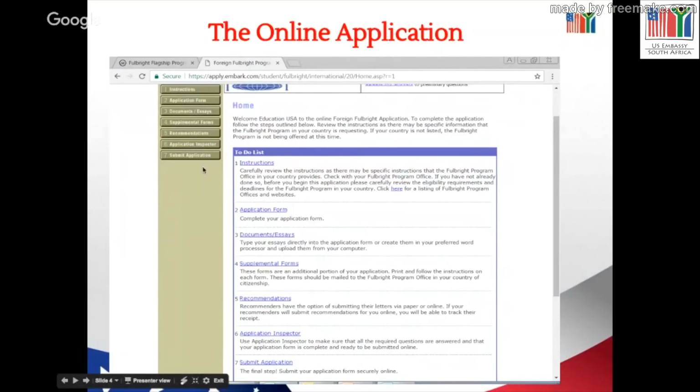Number 5 is recommendations. That is a very, very important site. Every student who applies, whether you apply for the scholarship or you apply for a job, you will need referees. And in this case, for the Fulbright application, you need to submit 3 recommendation letters from 3 different referees. The important point here at number 5 is, because it's an online system, your references need to be submitted